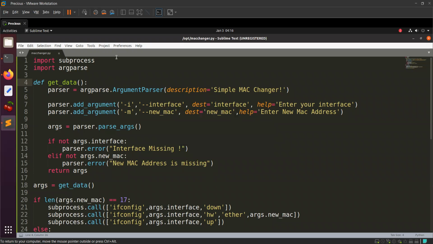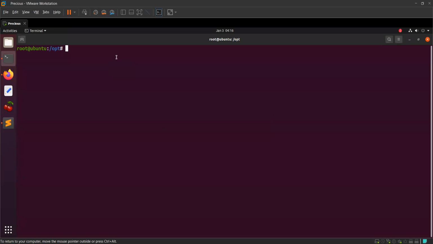One of the flaws I was looking at is the MAC address flaw. If I change the MAC address to, let's say, ABC, and then run the script again, changing it back to the same MAC address, it won't show me an error, but it will show that your MAC address is successfully changed. I want that if I already changed the MAC address and I'm still entering the same MAC address, it should throw an error or say you have already entered this MAC address and your MAC address cannot be changed. So to do that,